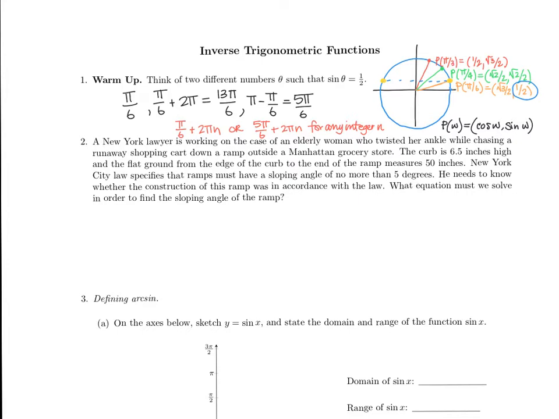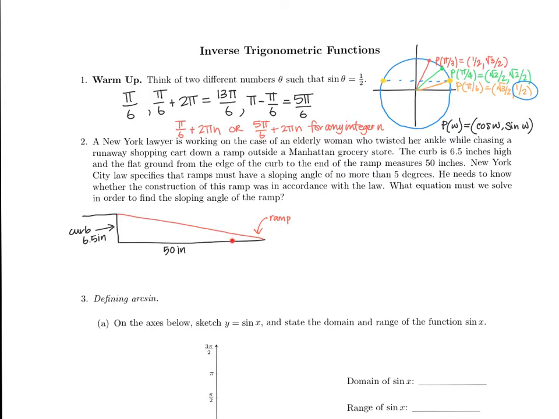And so New York law specifies that ramps must have a sloping angle of no more than 5 degrees. So what does that mean? I'm going to help you out. Let me draw my curb and my ramp. Saying that the ramp must have a sloping angle of no more than 5 degrees means that whether you're looking